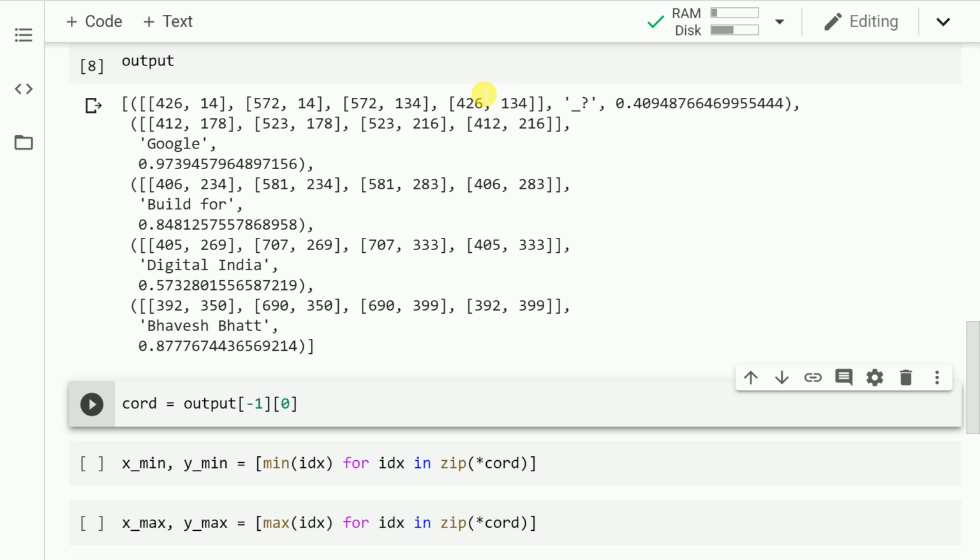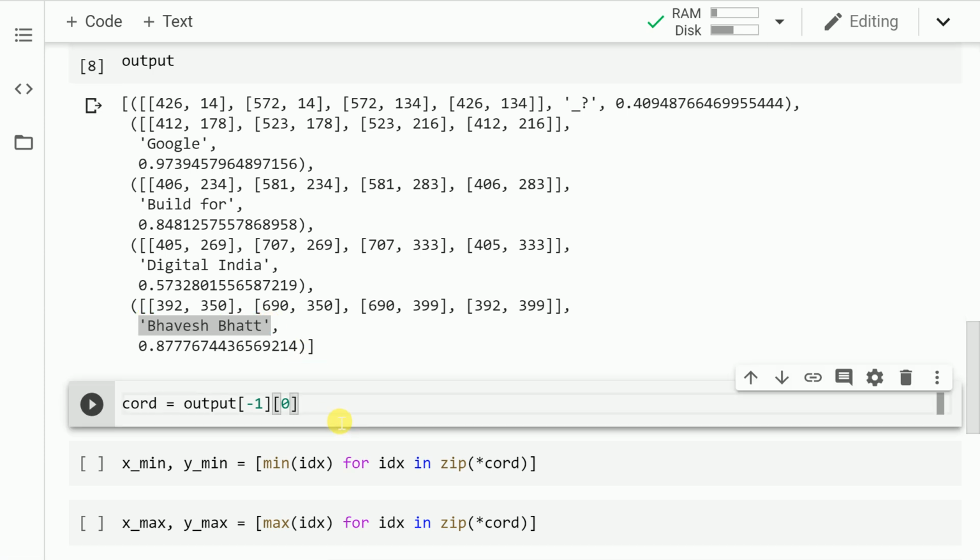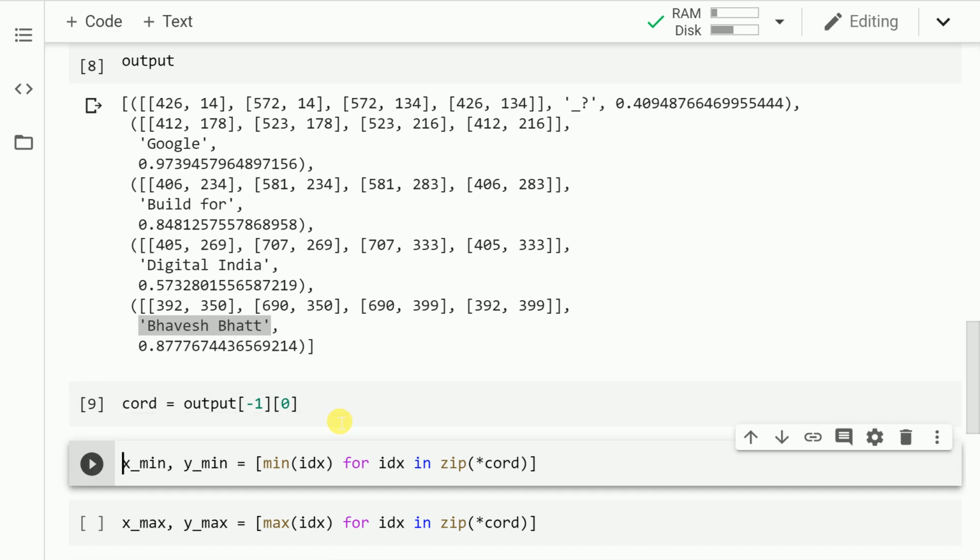The first part is the bounding box coordinates. The second part is the text which is generated. And the third part is the confidence with which that text is predicted or generated. Let us catch hold of the last output which has my name. So I catch hold of this output and save it into a variable called coord. So essentially what I want to do is show you where the bounding box was created.